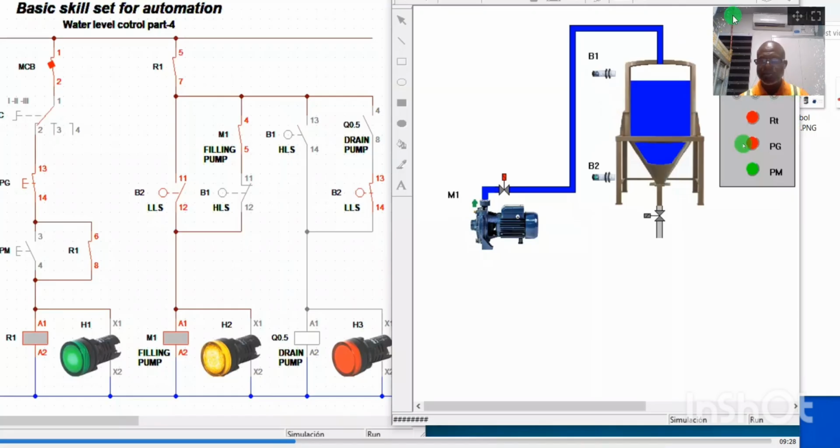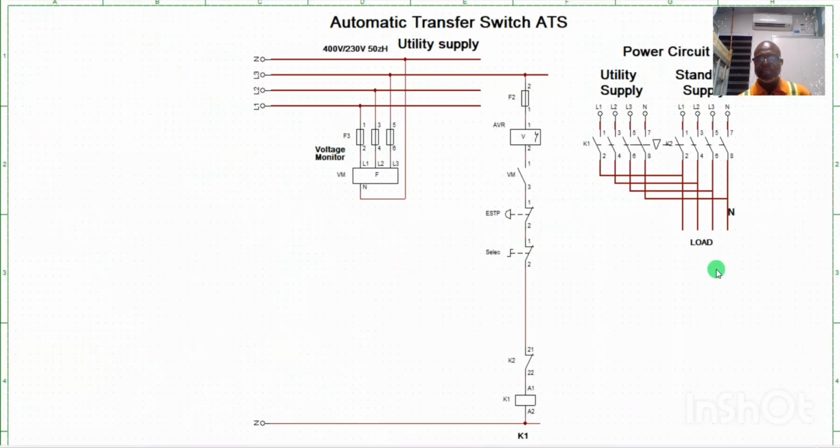Okay, sorry, just hold on. Okay, like I said earlier, this is